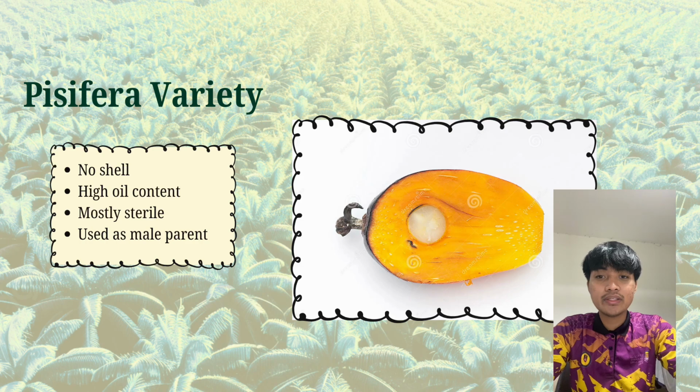The second variety is Pisifera. Pisifera fruits do not have shells, or sometimes only a small ring of fiber can be seen around the kernel. This variety has a high ratio of mesocarp and high oil content because there is more space inside the fruit for oil-bearing tissue. However, Pisifera palms are usually female sterile, meaning many fruit bunches fail to develop properly and abort